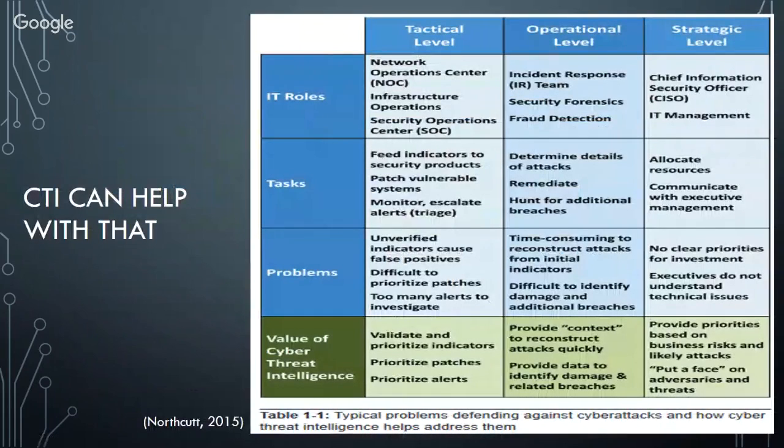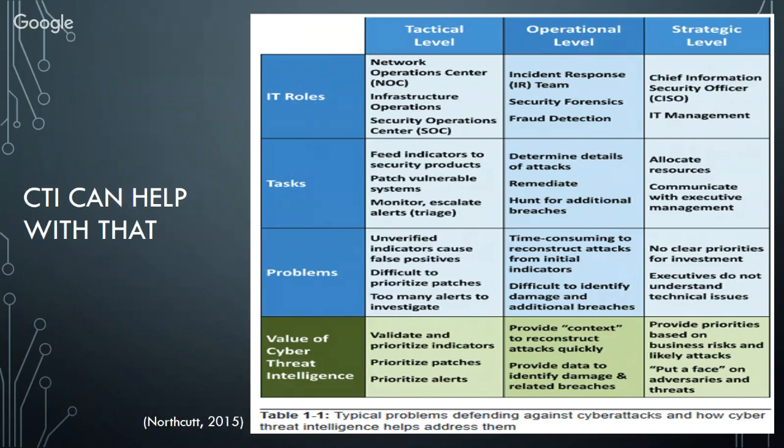This big chart is just to show that there are 3 levels that CTI can help. At the tactical level, analysts get overwhelmed with indicators of compromise that generate false positives. So cyber threat intelligence can validate and prioritize indicators, and prioritize patches and alerts. At the operational level, the incident response team takes too long to find the relevant information. How do you sift through that many logs? CTI can give you the context to reconstruct the attack,